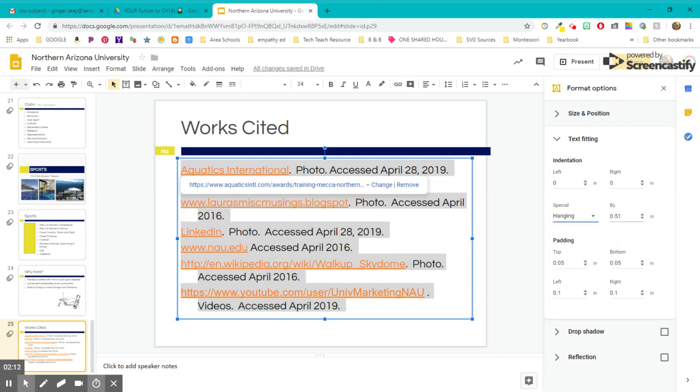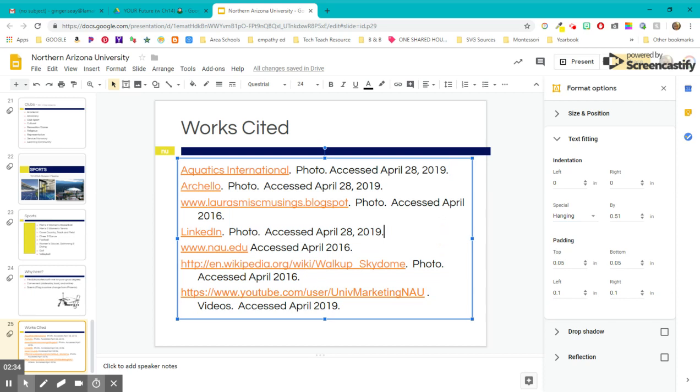So you're going to go to hanging. You can choose how many inches it goes, more or less. You want it about half an inch. That's that standard tab in like you're doing a paragraph, only this is our second line. And so when I do that, it's going to take the date on this one, and when I accessed it here and what it is on this one, and anything that has a second line is going to go right here. And by selecting that whole text box and doing it all together, if I come in the middle here